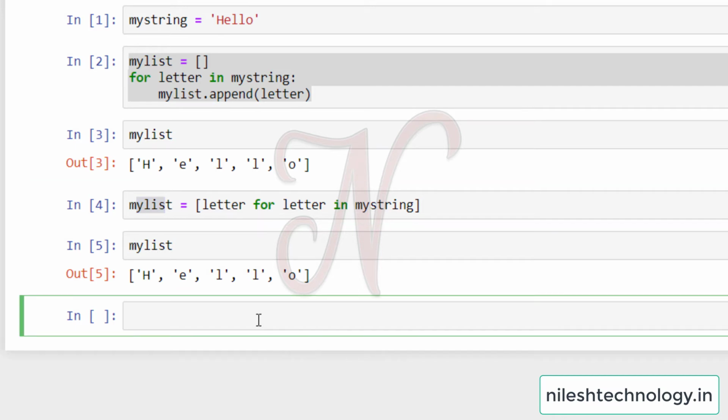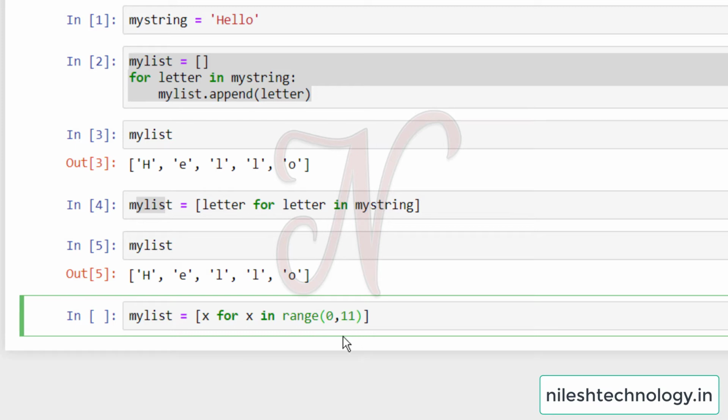Okay, see here another example: my_list is equal to x for x in range, and my range is 0 comma 11. 0 comma 11 means numbers 0 to 10.